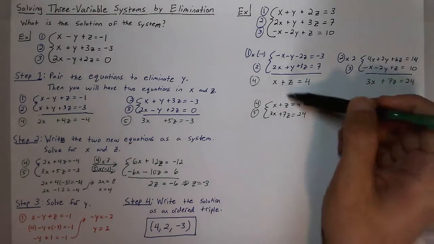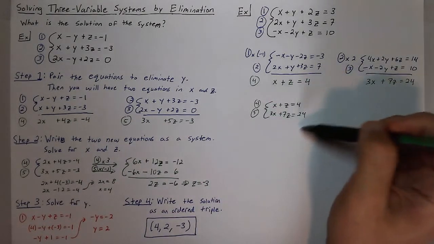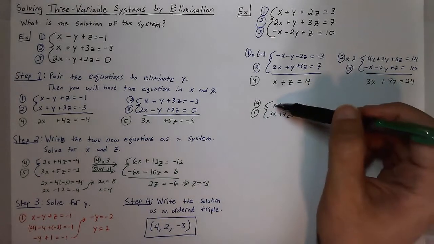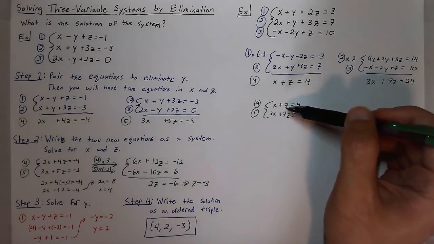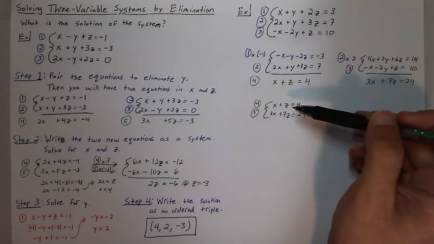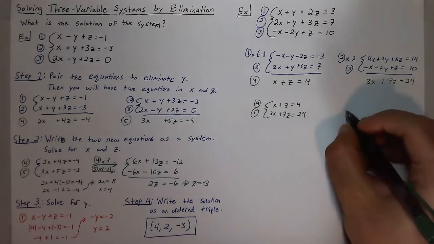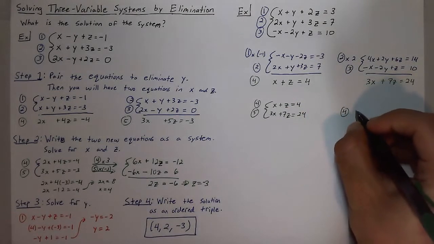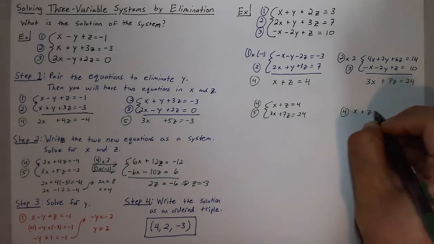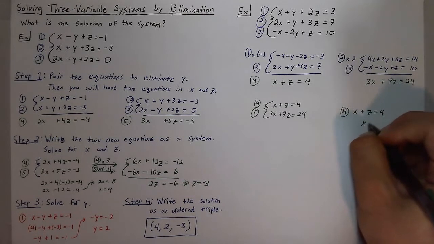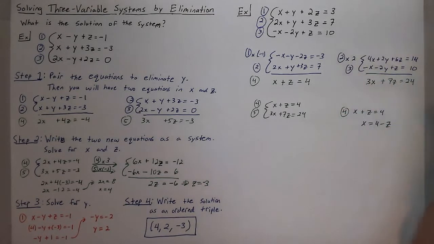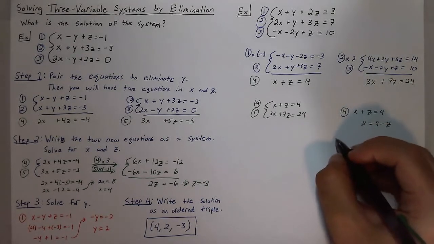We got down to a two-variable system. Now, we can solve this one using any method we like. And I'm seeing here that I have x and z with no coefficients, so this could be a perfect time to use substitution. So again, taking my fourth equation and solving for x, I can get x is equal to 4 minus z, and I can substitute that into my fifth equation,